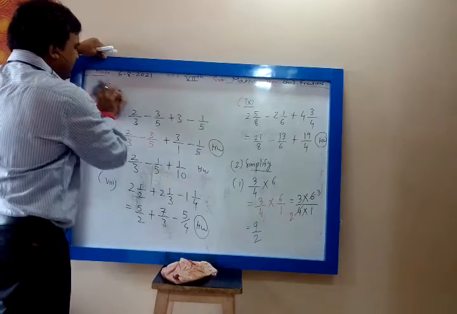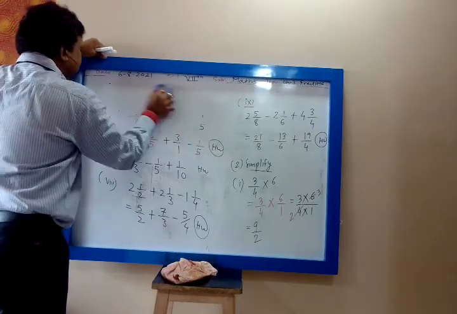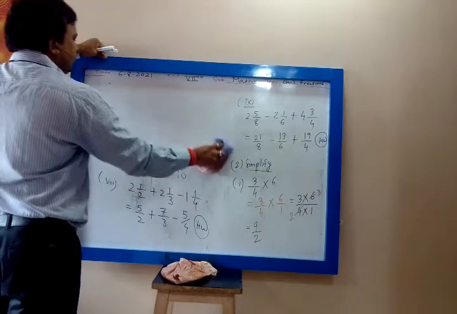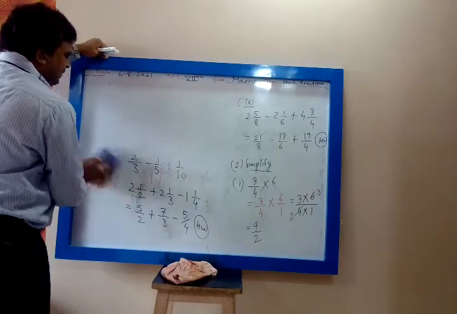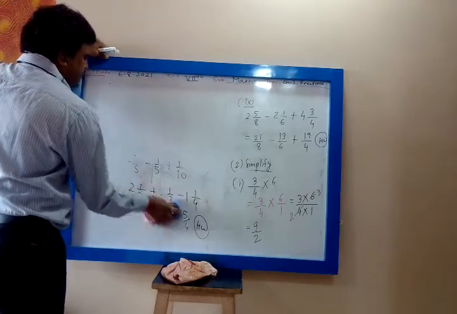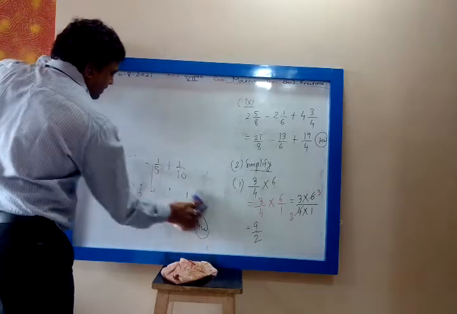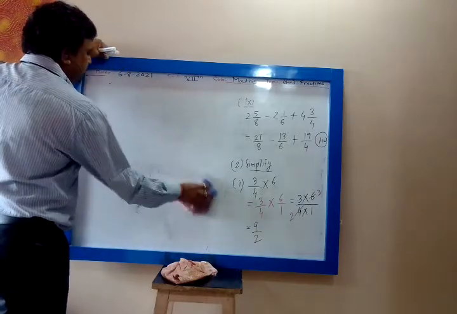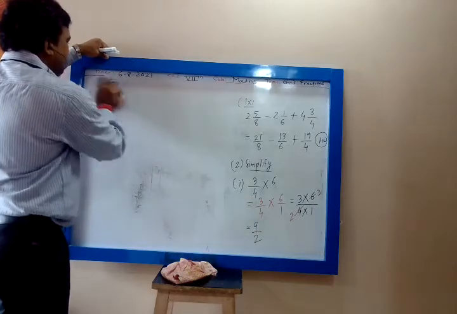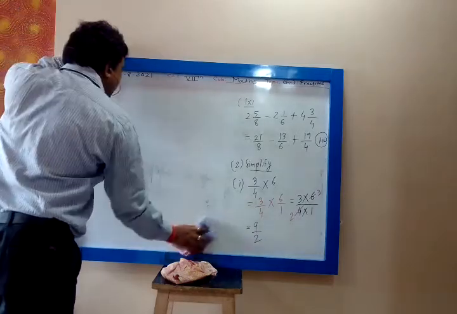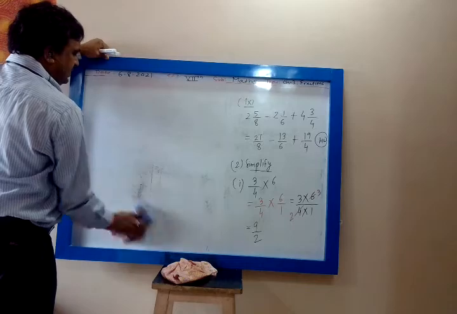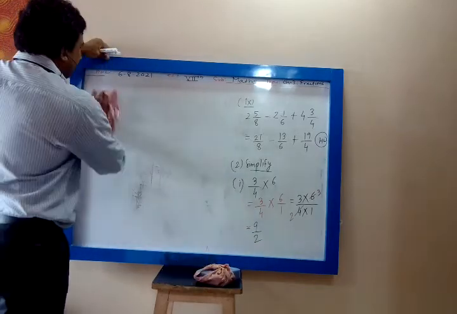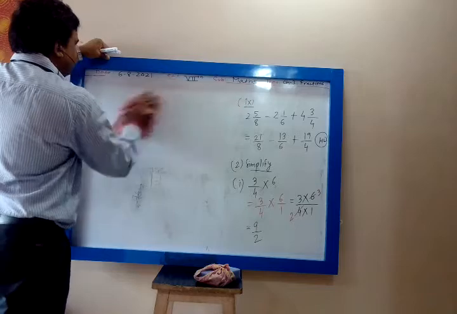So your fractions are same as rational number. Whatever operation we have done in the rational number, the same things are there in the fraction. What is the difference between fraction and rational number? In fraction, numerator and denominator both are positive, whereas in rational number, numerator and denominator can be both positive or negative also. But the operations addition, subtraction, multiplication, division remain the same, whether it is fraction or rational number.